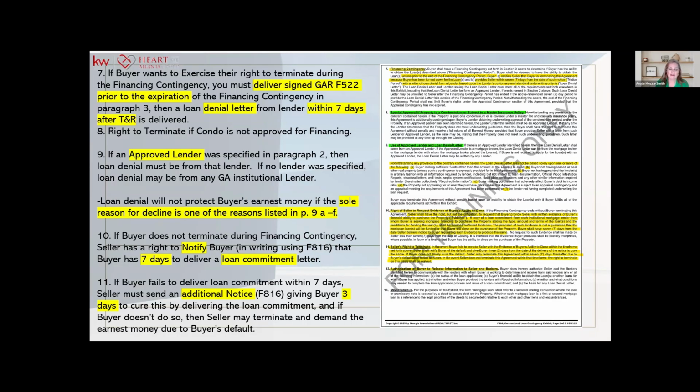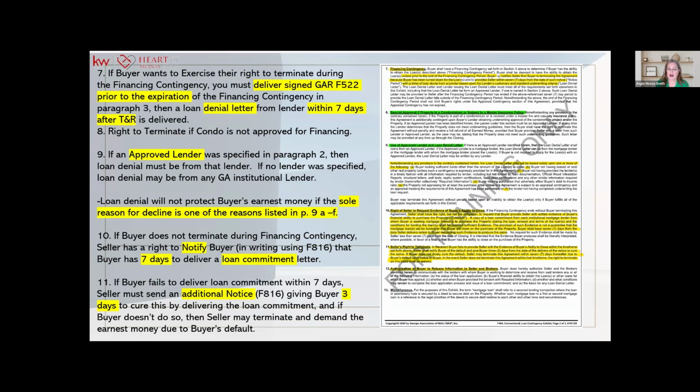So the loan denial letter then has to be for a legitimate reason. There's what I call the naughty list. If you look down here in paragraph 9, you'll see a highlighted section, and it has little letters highlighted in paragraph 9, A through F. That is a reason that if any of those is the sole reason. Now, if you have one of these reasons plus a legit reason, then the letter is fine. But if you have only one of these reasons listed, then the loan denial letter could be deemed insufficient